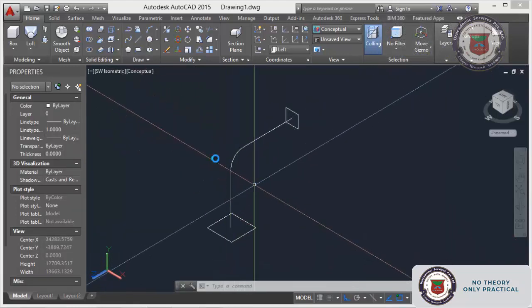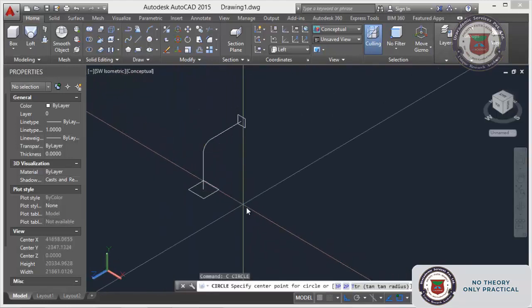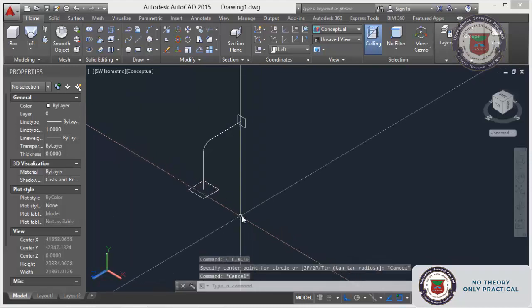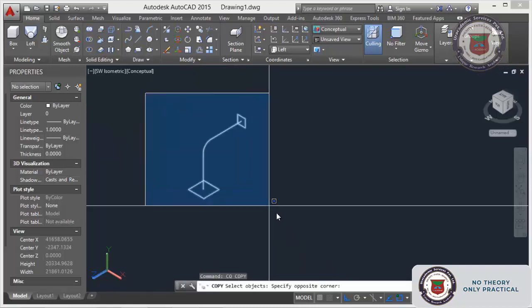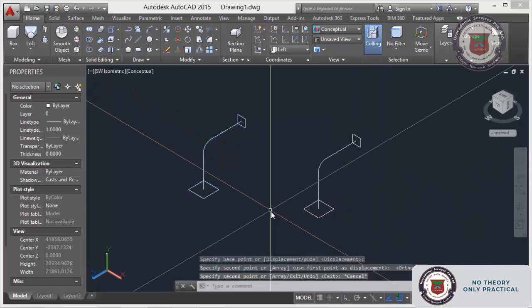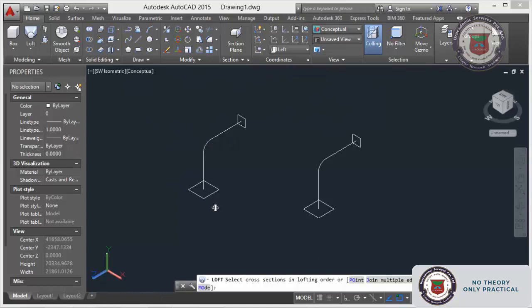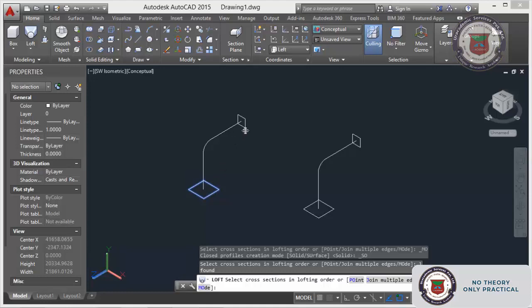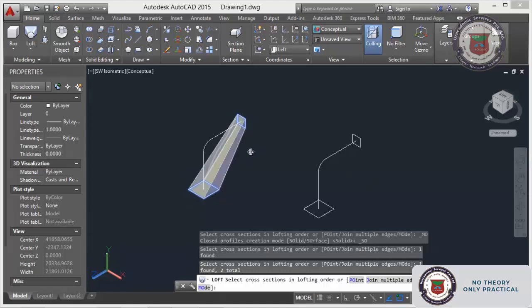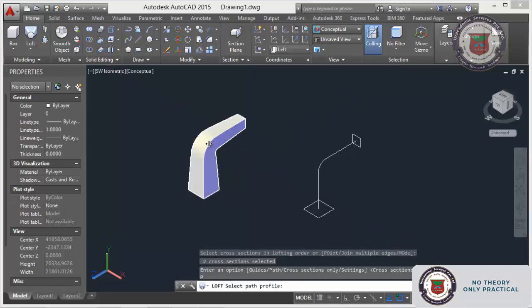Now we will go for loft. Before that I will copy this one to another one. See, loft. Select, select, enter, select P, enter, enter.